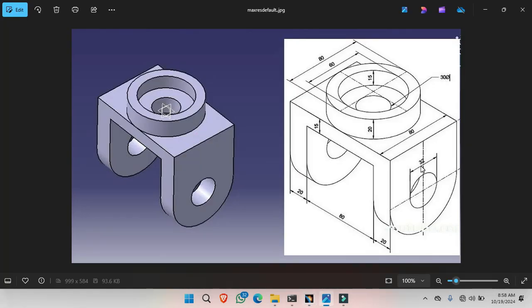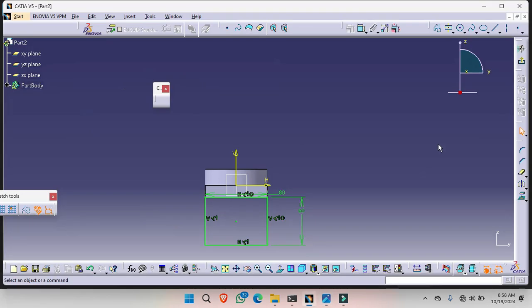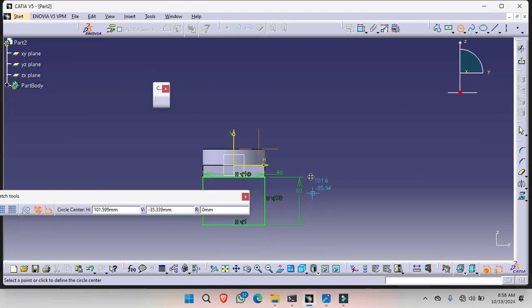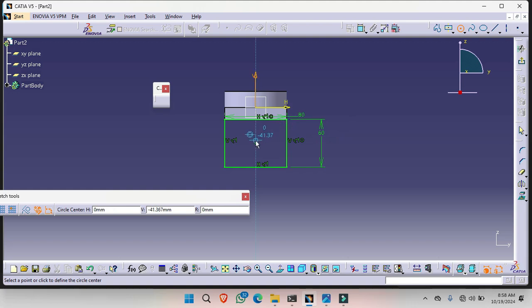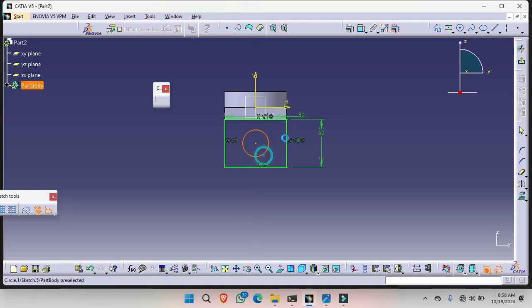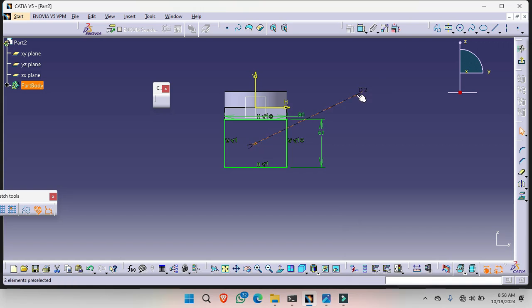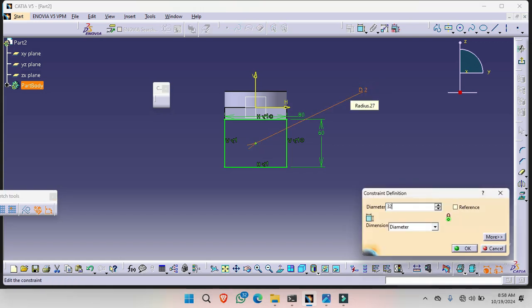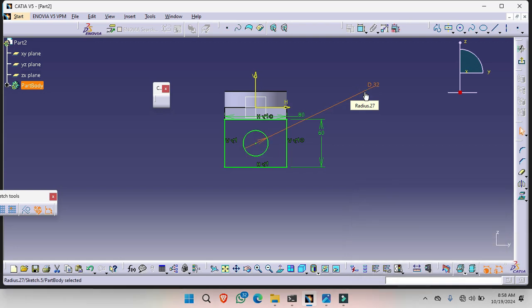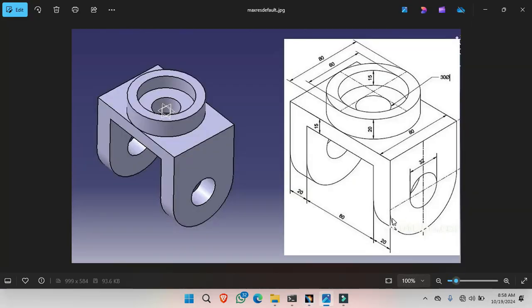So the center hole diameter is 32 mm. And give the constraint. This dia is 32 mm. After that, give this radius.